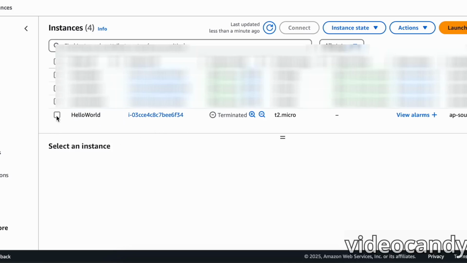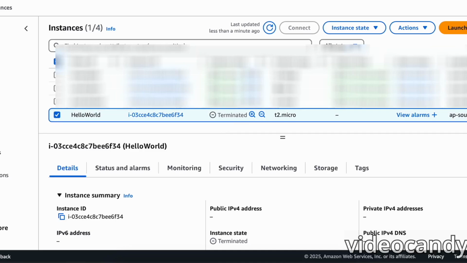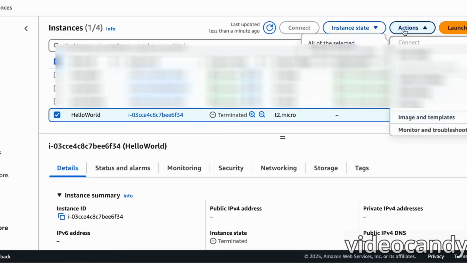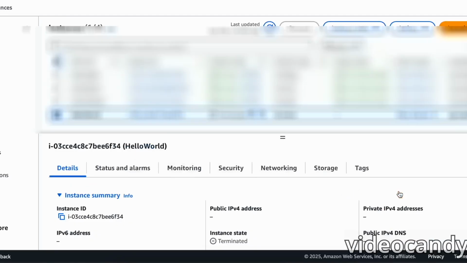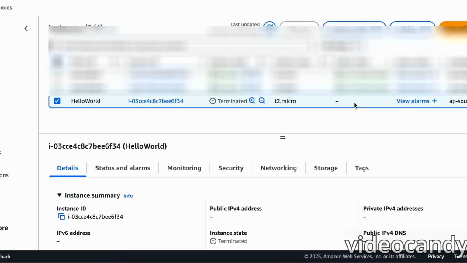So yeah, that's it. After a few hours AWS will remove this from the console as well. But if you want, just select this particular instance and go to Instance state, and then terminate (delete) instance. Again, this might take a bit of time to completely remove from the AWS console, but it has already deleted it for us. So yeah, that's